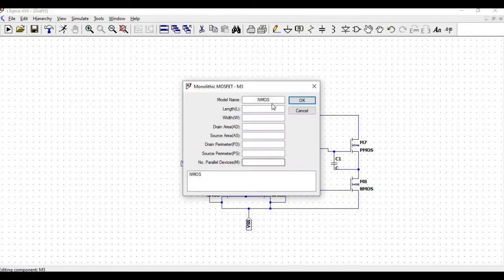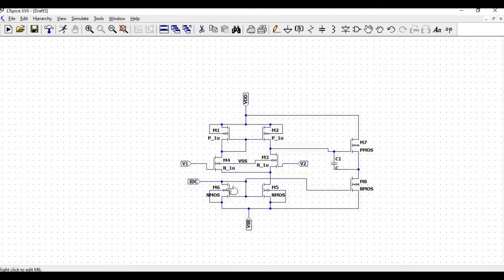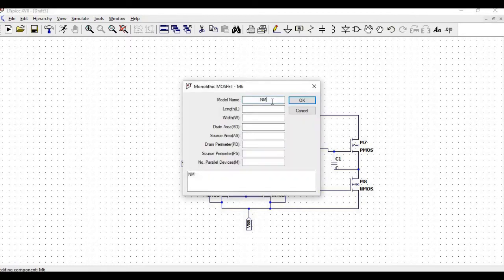Click OK. Right click on transistor number 3, model name as N_1 micro, length as 1 micro, and width as 3 micro. Click OK. Right click on transistor number 6,